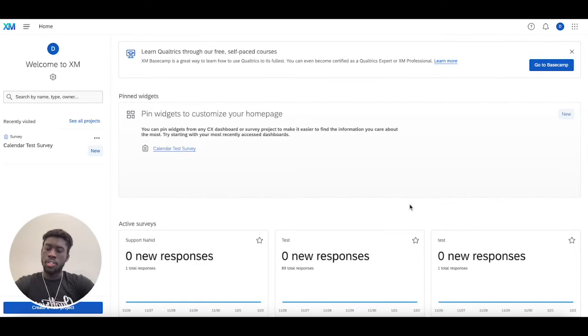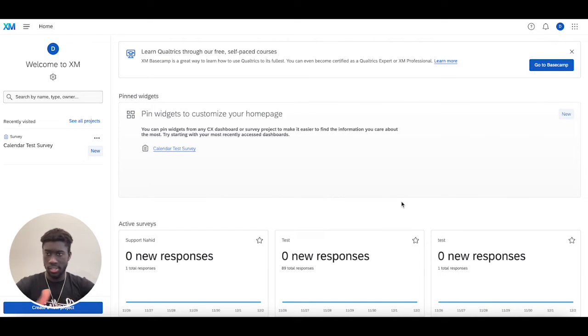Today we're going to go over how to add a calendar to your survey. There are certain situations where it's a lot easier to add a calendar that someone can select from, like a normal calendar, instead of configuring a multiple choice question or an open text question that asks them to enter a date. So this is a way to save time and save energy by using something called a Qualtrics library to